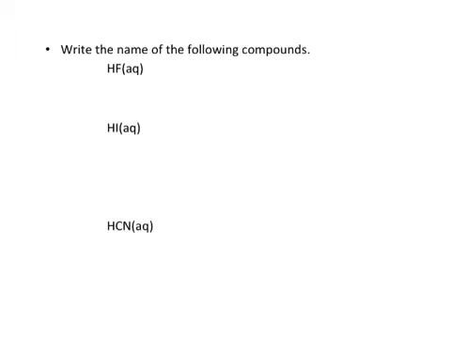All right, now we're given the formulas and we want to write down the names. The first one is HF. The fluorine becomes fluoric, so this is hydrofluoric acid. All right, in the next example, we have HI. The iodine becomes iodic, so this is hydroiodic